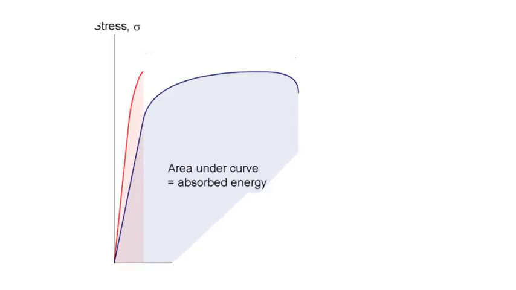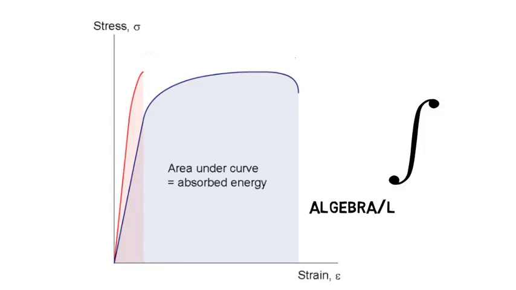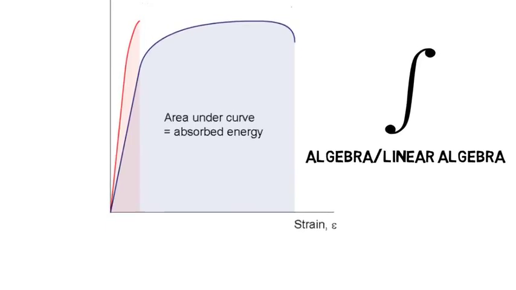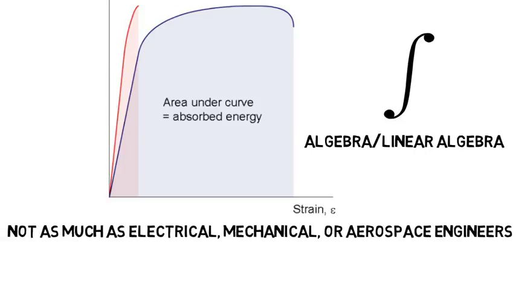Or remember that stress-strain curve? Well, the area under it is the energy absorbed, and for those who've taken calculus, you know this involves an integral. So you see there is calculus and definitely math like algebra and linear algebra that I didn't mention, but it's definitely not as much calc and higher level math as an electrical, mechanical, or aerospace engineer might see. Then as you can see, there's also a lot of chemistry which you will learn within your materials engineering classes. So if you struggle with math, you should expect it in this major and be ready for it, but you should also be able to handle it.